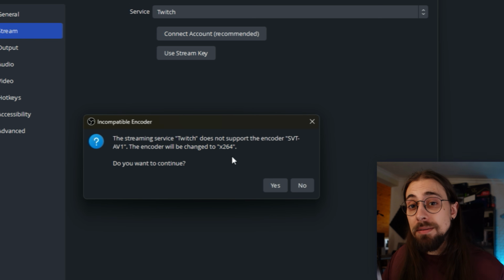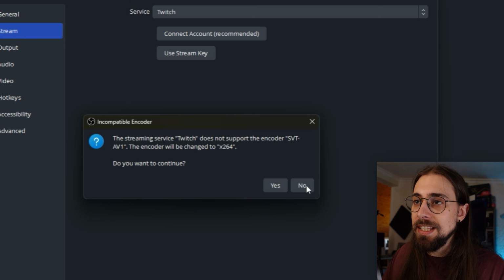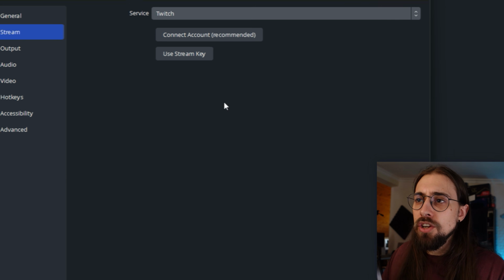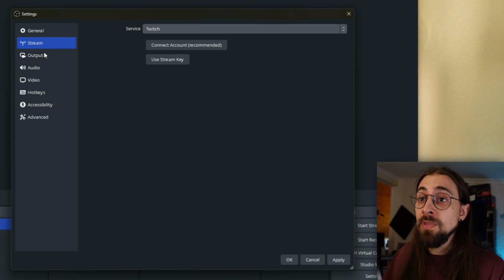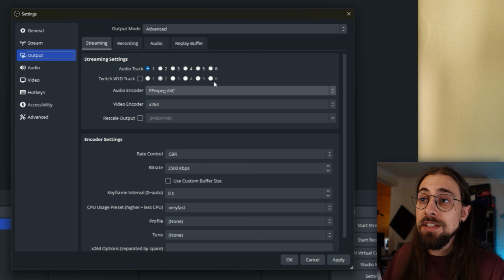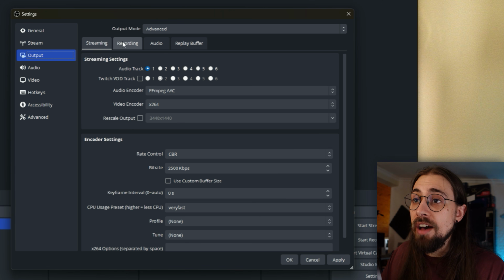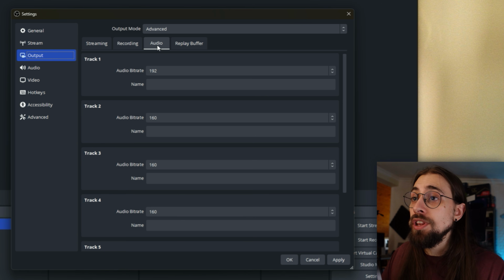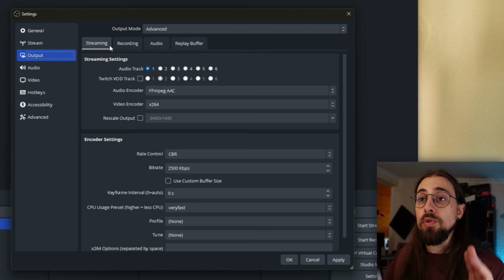But if you're streaming with the same computer, you want the GPU to do it. So let's press yes. If you're, for example, using Twitch, go to the output settings, which are the most important ones. You have the streaming tab, the recording tab, audio, and replay buffer. So you go to the streaming